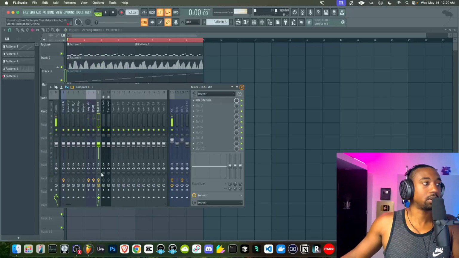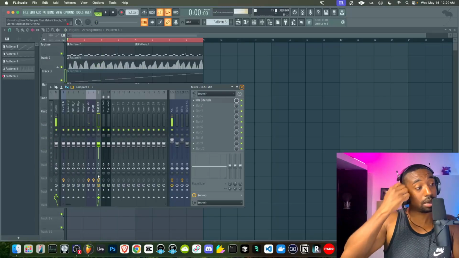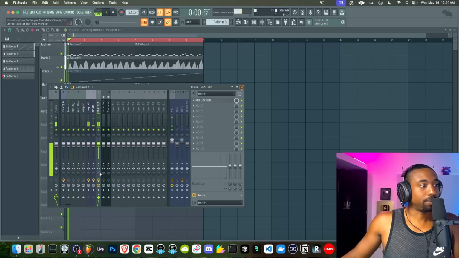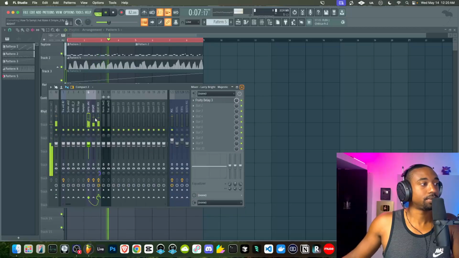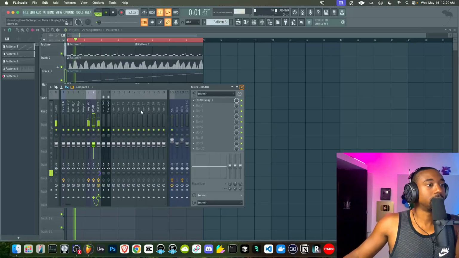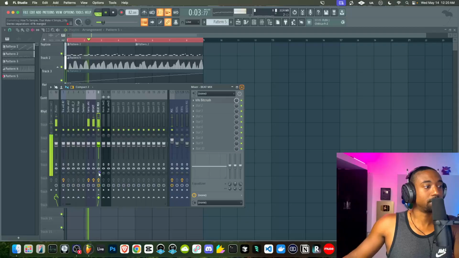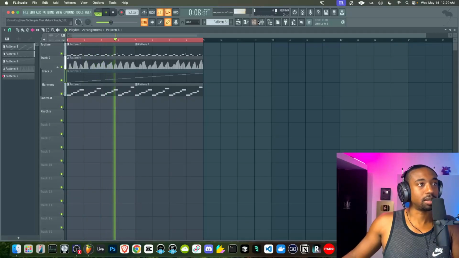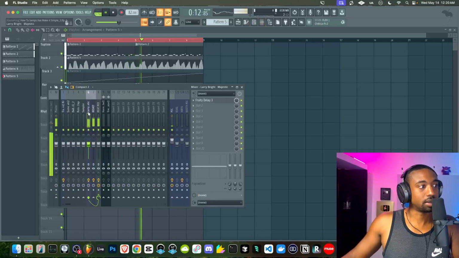Now, if you really want to make it sound old, you could pull your stereo to mono with a stereo shaper. So click here to add these buttons in your mixer and just turn this knob to the right. So now everything's mono. That's if you want a super lo-fi sound. But keep in mind, there will be no left and right effects if you make everything mono. And that's how simple it is to turn your stuff into lo-fi in FL Studio. You don't need to buy a bunch of plugins.